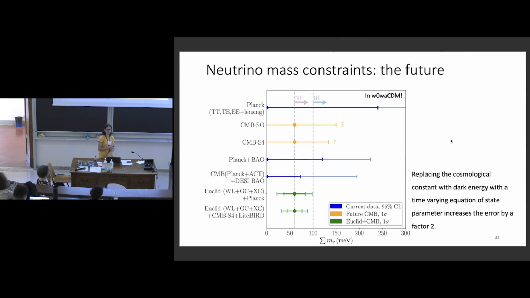These are the results that we obtain in the standard lambda cold dark matter model. If we drop lambda, the cosmological constant, and we replace it with a more flexible phenomenological parameterization of dark energy, this w0 wa parameterization, then we lose about a factor 2 in sensitivity. Anyhow, we still have a detection of a non-zero neutrino mass. So given that we have this